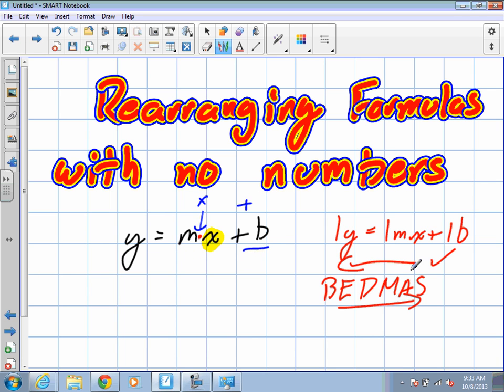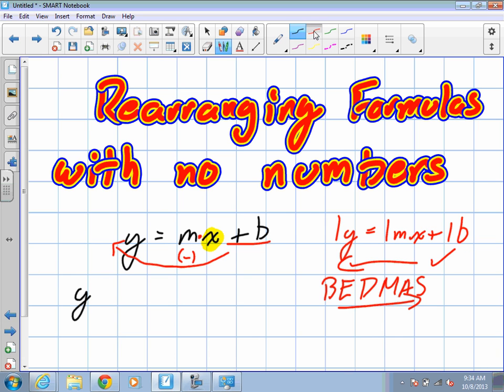So if we're doing reverse BEDMAS, which one do we move first? Addition. That's right. It's the opposite of what we normally simplify first. So we want to move the b first. This is positive. Technically, it's positive 1b. So if we want to move b to the other side of the equation, what will it become? Negative. That's right. We need to turn it into a negative. So we'll get y minus b is equal to